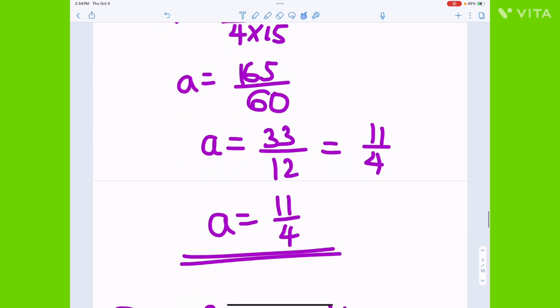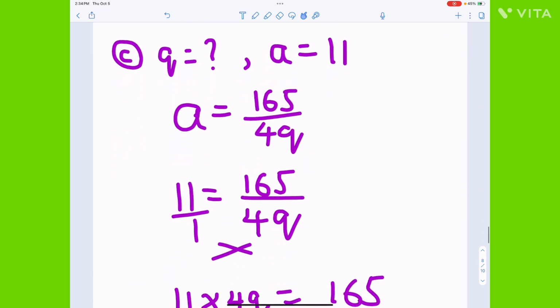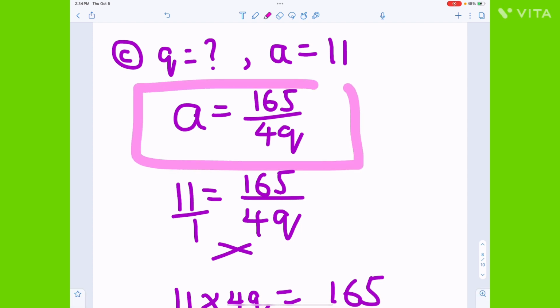So 165 over 60. A will be 11 over 4. Also, we need Q when A is 11. First thing we do now is to write the relationship out. After writing the relationship, we know our A to be 11. So 11 will be equal to,